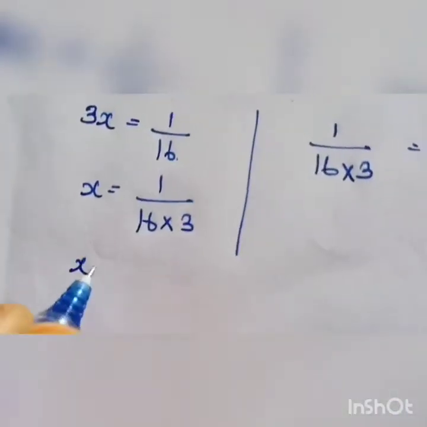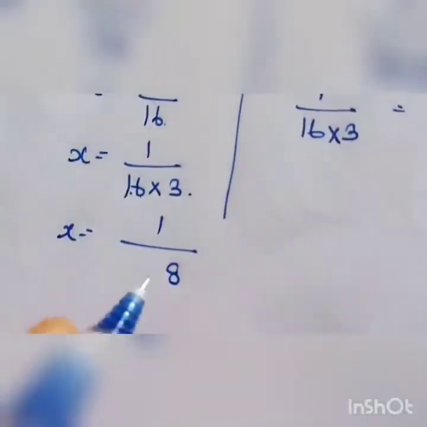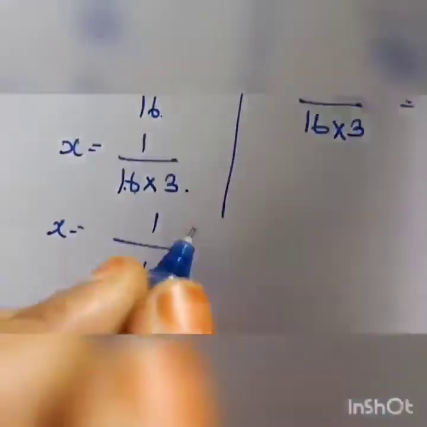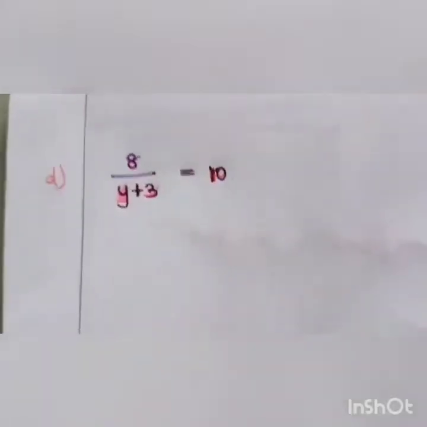So just multiply it: 6 3s are 18, remainder 1, 1 3s are 3, 3 plus 1 is 4. So this is the value of x for the C quotient. Can I see the D quotient?